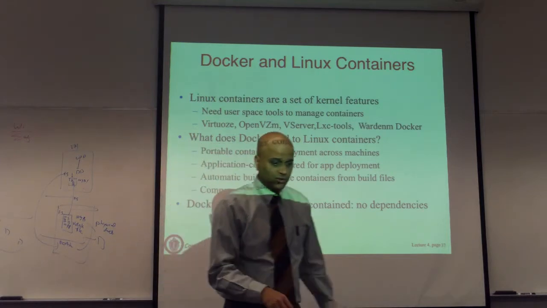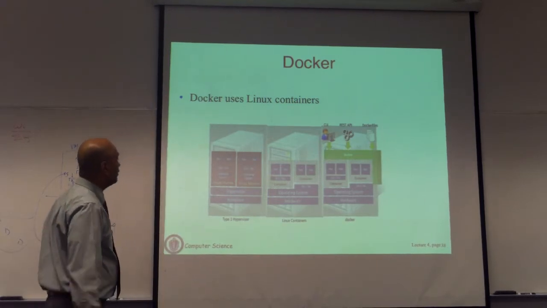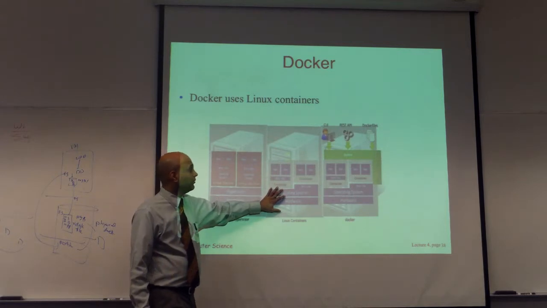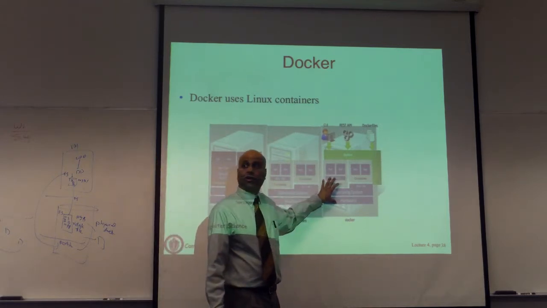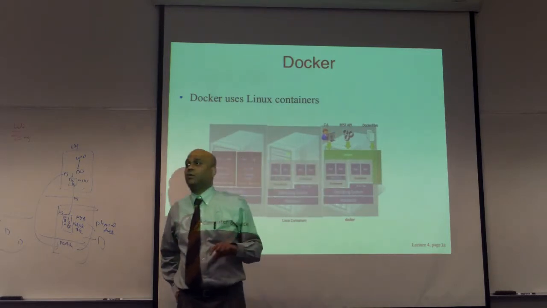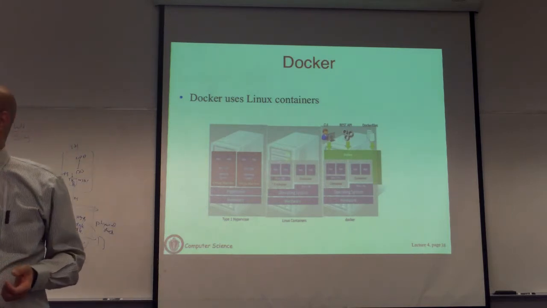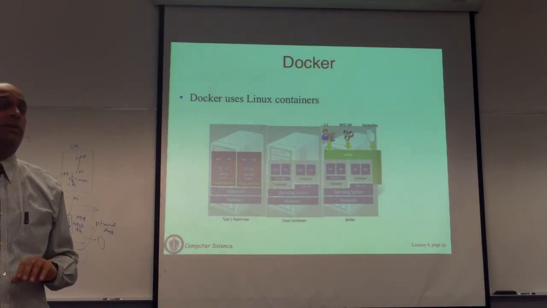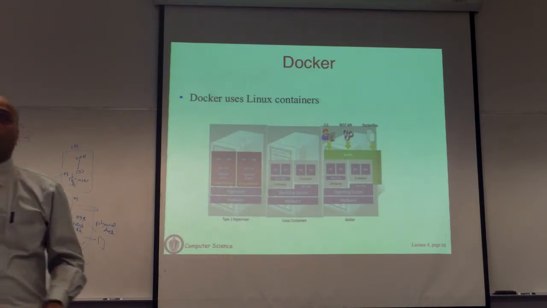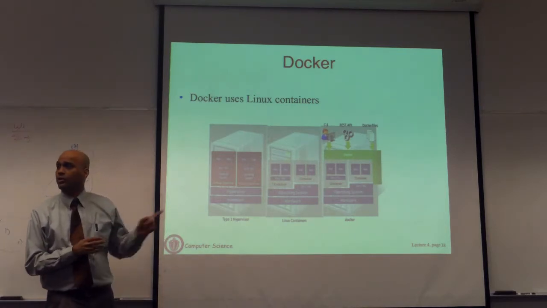I'm going to show you some more things here on Docker. So this is type 1 hypervisors. This is Linux containers. I showed you that picture before. This is essentially Linux containers with Docker. So it's basically a layer that allows you to manage these containers, create them, remove them, have applications packaged in them. All of that becomes very easy. It's portable. You can construct a container on one machine, give it to someone, they can run it on their machine. They don't need to go and configure all the OS files on their machine in order to run the container. Is that clear?